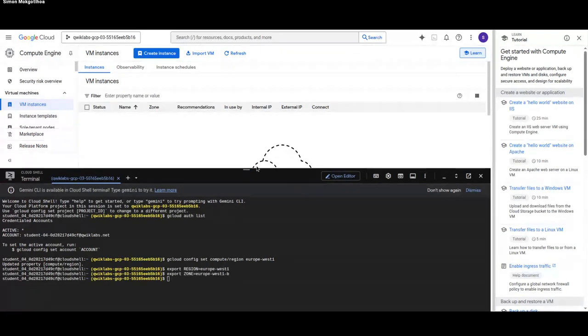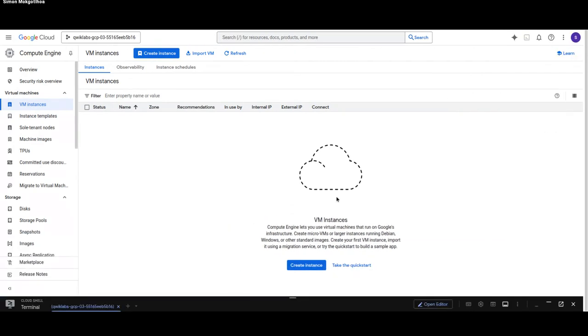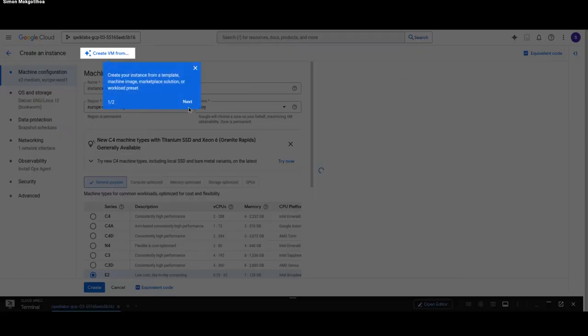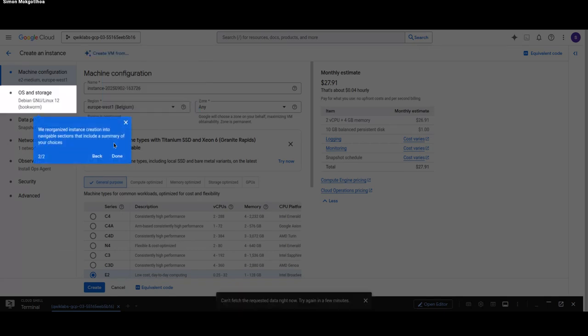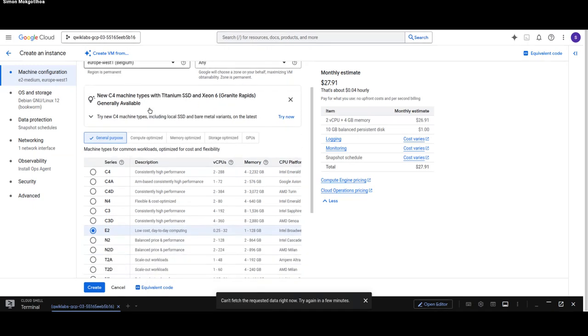Let me actually minimize our Cloud Shell. I feel like it's taking up all the space. There we go. Let's hope it doesn't complain when I open it up. Okay, so let's create an instance. Now, you'll notice if you're new to Cloud Skills Boost or some of the labs, as you go along, it'll keep giving you instructions to guide you through the lab so you understand what it is you're doing, right?